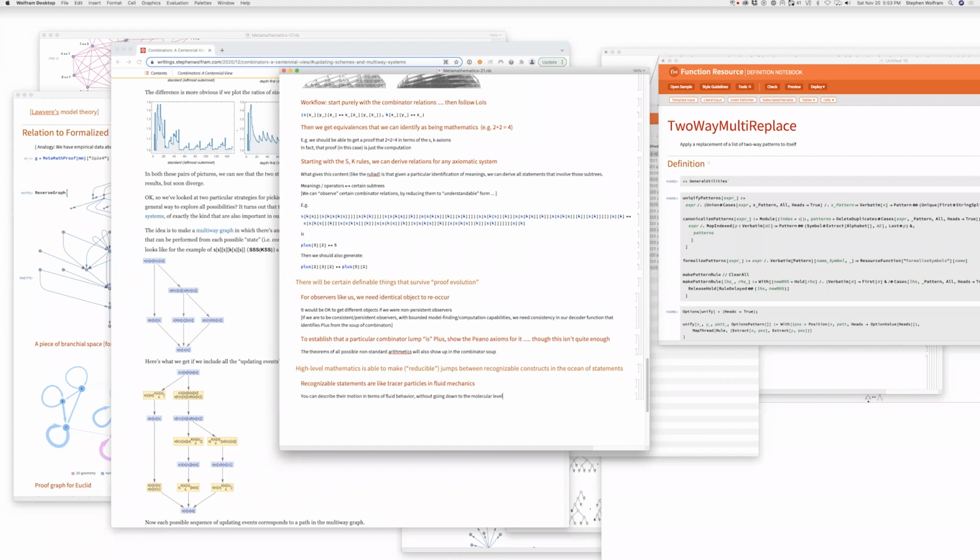So you can say things about the relationships between these tracer objects in the super statements. And for example, you can probably make some relativistic statements about that because